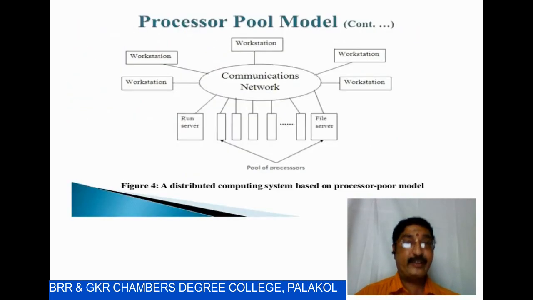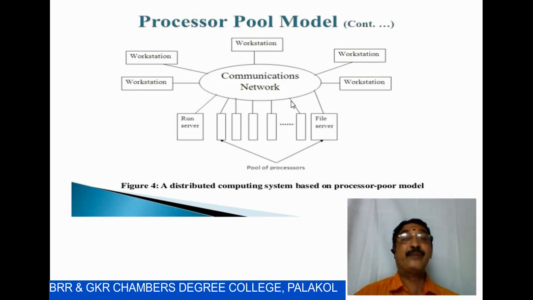So this processor pool model can be used when the user requires much more processing capacity. Suppose you have a little bit of processing capacity in the systems, and you need much more capacity. In this case, you need not arrange extra systems. You need not arrange extra capacity systems. Simply, these processors can be pooled. Available processors can be pooled as a group, and that group can be used.